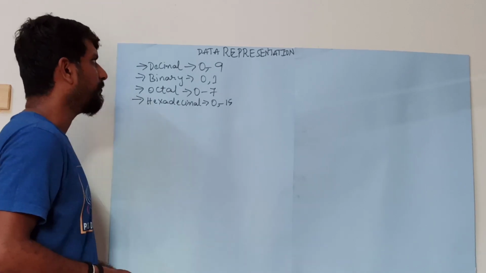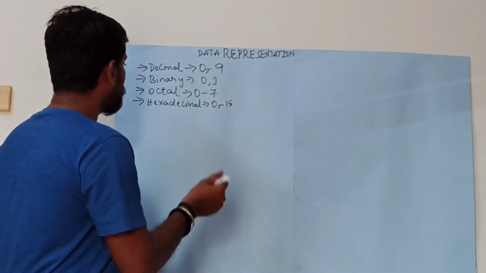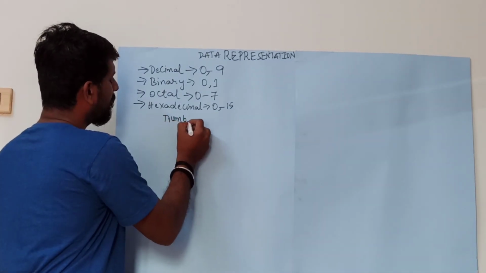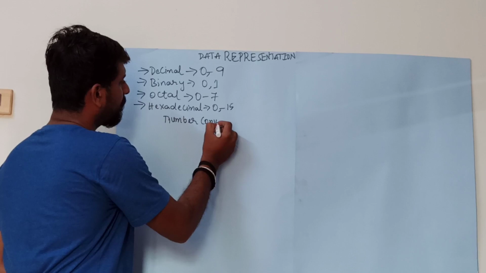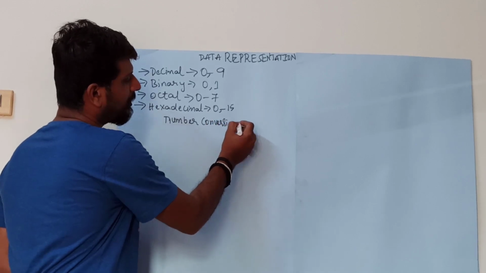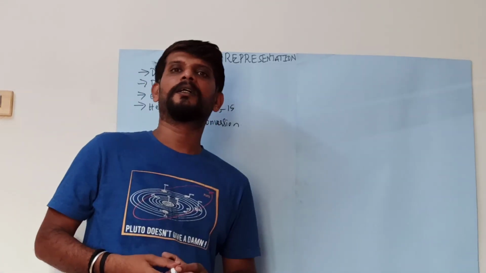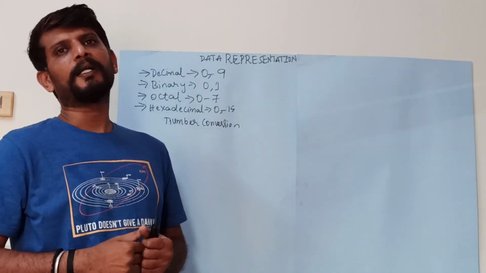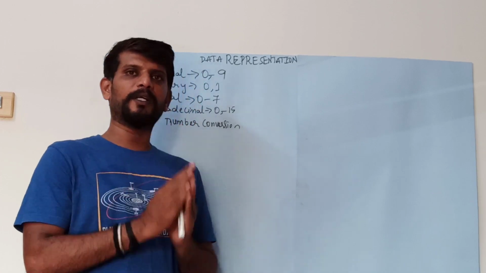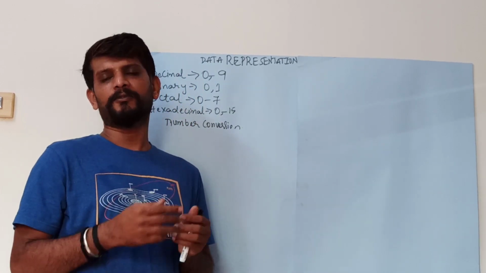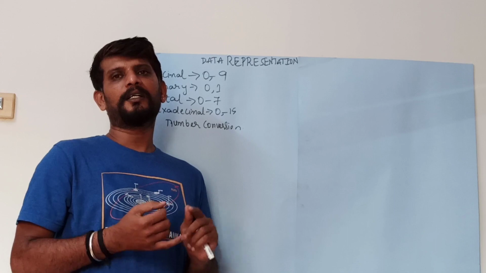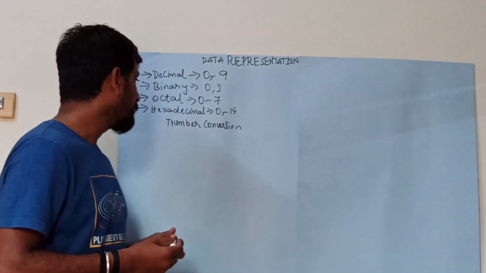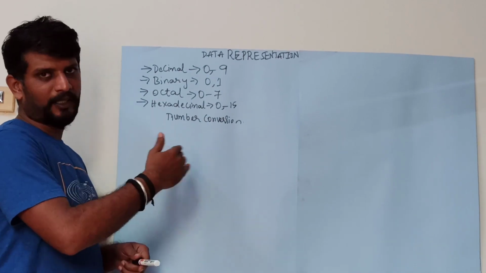Okay. Now, in this class, let us go for the next topic, that is called number conversion, or conversion of one number system to another number system. We will be seeing how to convert one number system into another. Firstly, let us see how to convert the decimal number system into the binary number system. So, I will tell you all the things one by one.